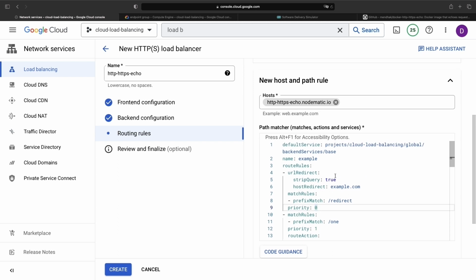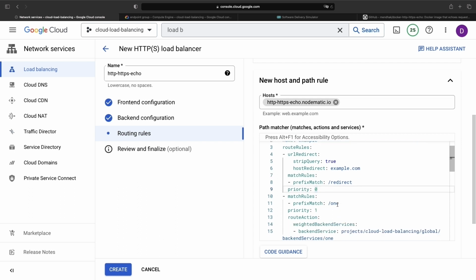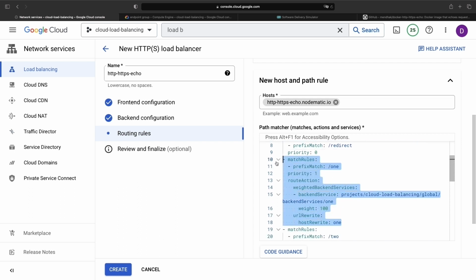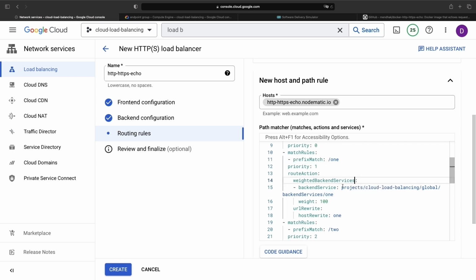When routing traffic, the load balancer checks all the rules and will send traffic to the default backend if nothing matches. In the next example, we have a prefix match for the path. We could match on the URI exactly or as a prefix. However, regex-based routing is only possible on internal HTTPS load balancers. In general, load balancer capabilities can change depending on the type of load balancer. Anyway, for our external HTTPS load balancer, we're showing a pretty simple prefix match here,